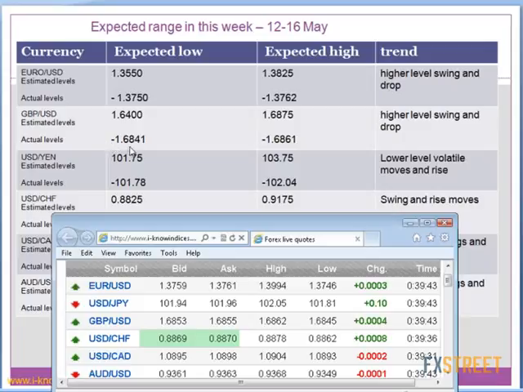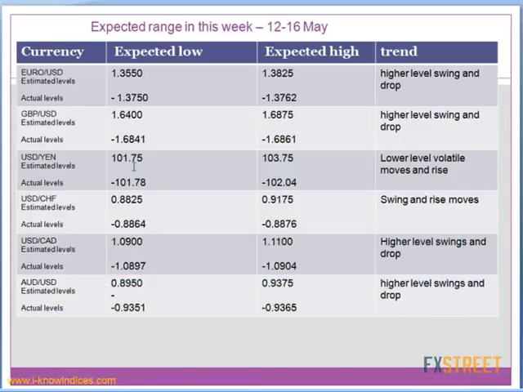And in the case of GBP, 1.6841 they showed as a low, and the high is 1.6861, and they can go up to 75 and then started making the drop. And in the case of yen, 101.75 could be the low. They already set the low and they are expected to go up.